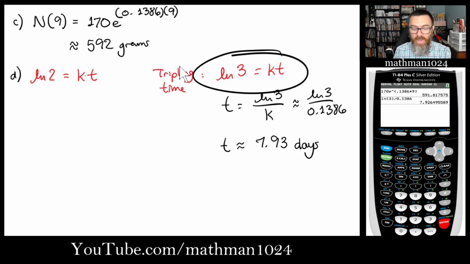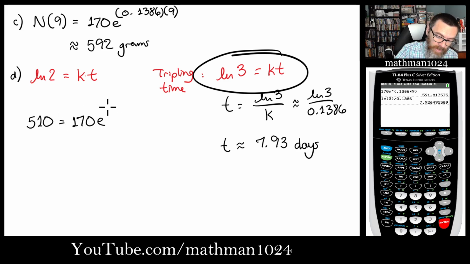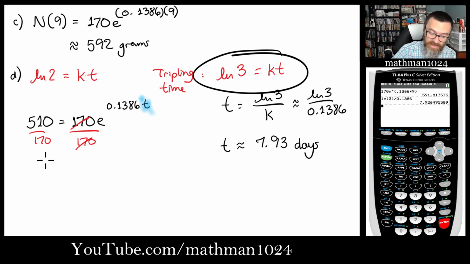Now, another way of doing this is that you could say, oh, well, in order for it to triple, I would be triple 170, which is 510, and you would take this basic form that we have, and you would have to then solve it for T. Well, the first thing you would do would be to divide both sides by 170. Those guys reduce. On the left side, you have 3. On the right side, you have,